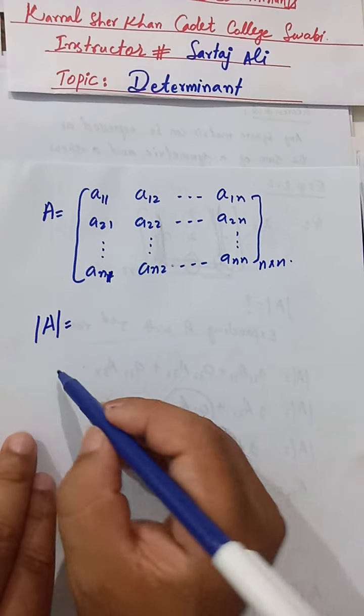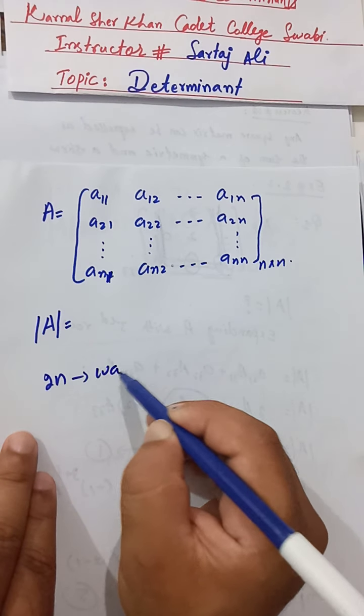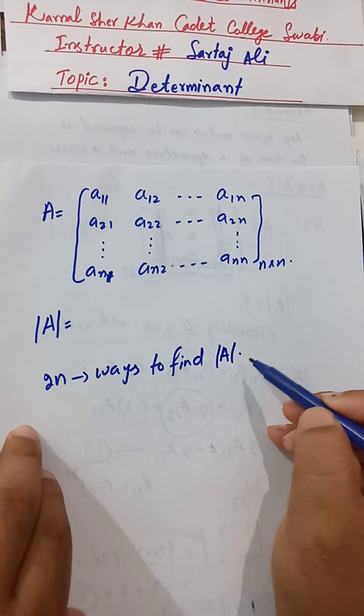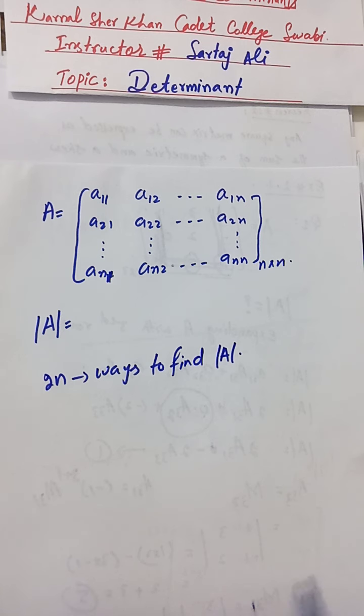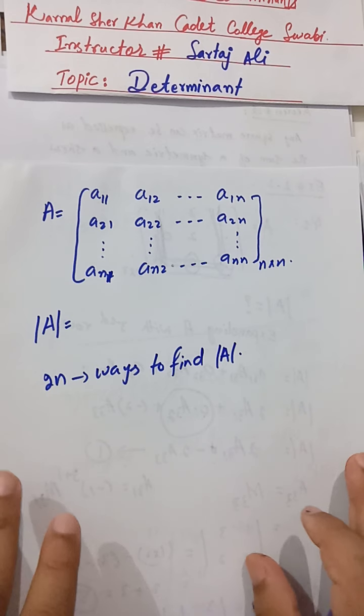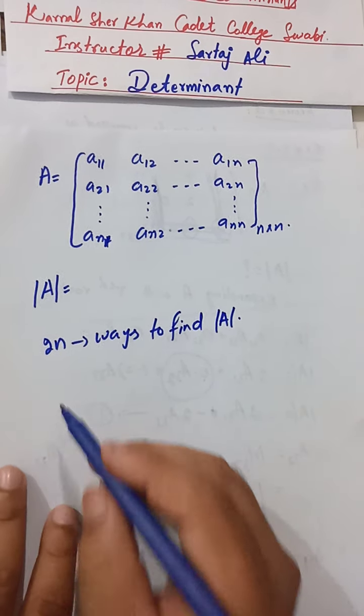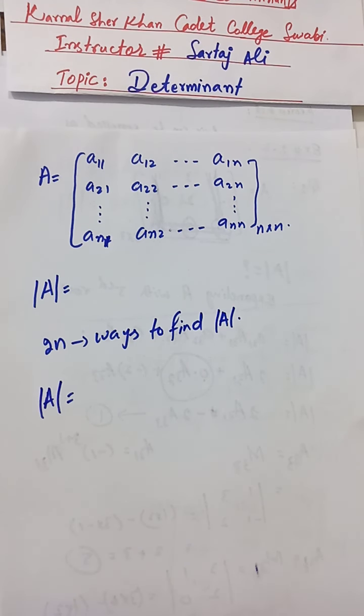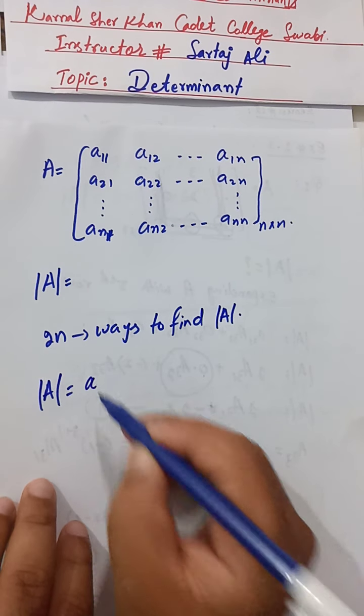There are 2n ways to find a determinant, because there are n rows and n columns. So with respect to any row or any column, you may find the determinant. So there are 2n ways, but the better and easier way is to expand the determinant along that row or that column which contains the maximum number of zeros. So if you want to find this with respect to any row, meaning you are interested in a row, not in a column, you may write